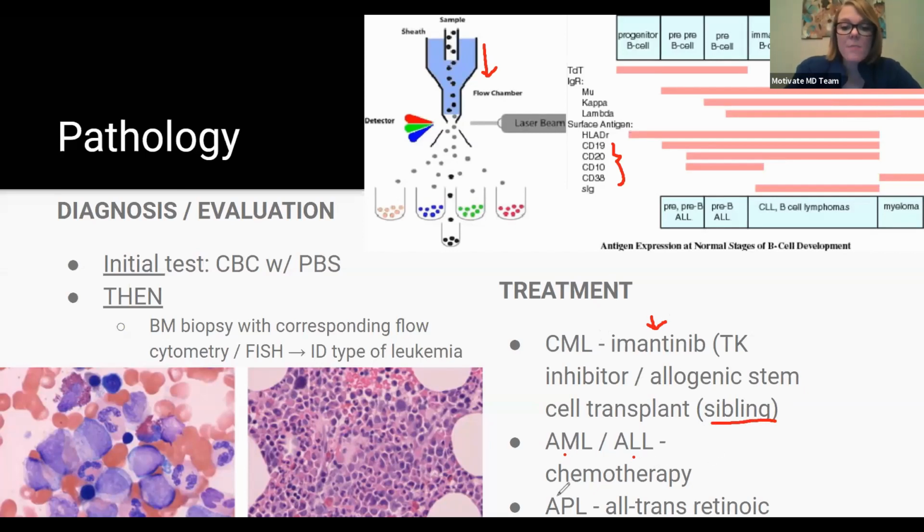And then APL, which is acute promyelocytic leukemia, and you're probably like, okay, where did the P come from? It's basically just a variant of acute myeloid leukemia. So you guys are probably all going cross-eyed by now, and I'm trying to keep it as simple as possible, but this is treated with all-trans retinoic acid. Okay. All right, so in the bottom left-hand corner, we see a peripheral blood smear,